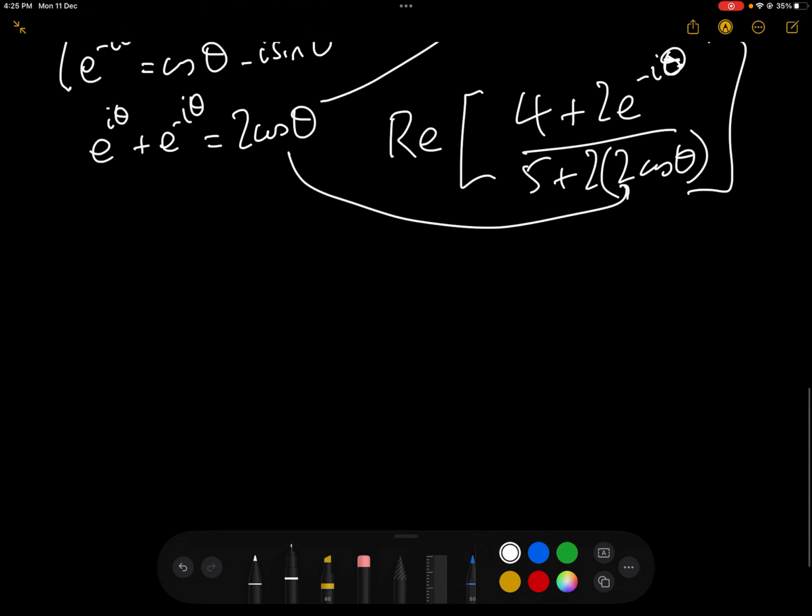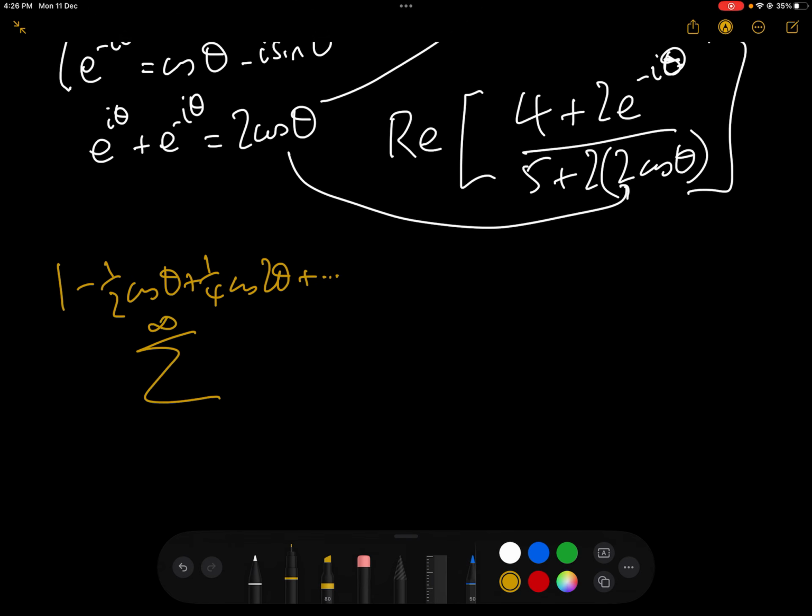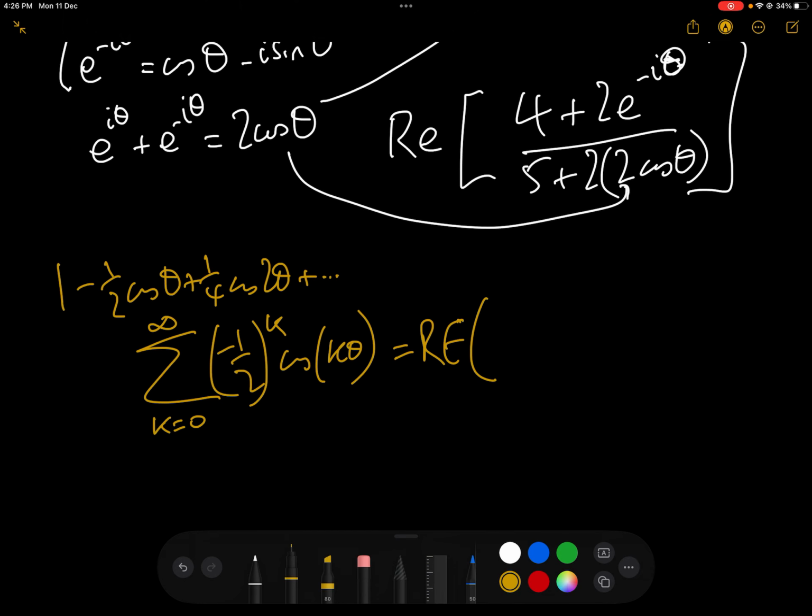And so therefore we know that the sum 1 minus a half cos theta add a quarter cos 2 theta, which, as we've already seen, is the sum between infinity and k equals 0 of minus a half to the k cos of k theta, is the real part of this,